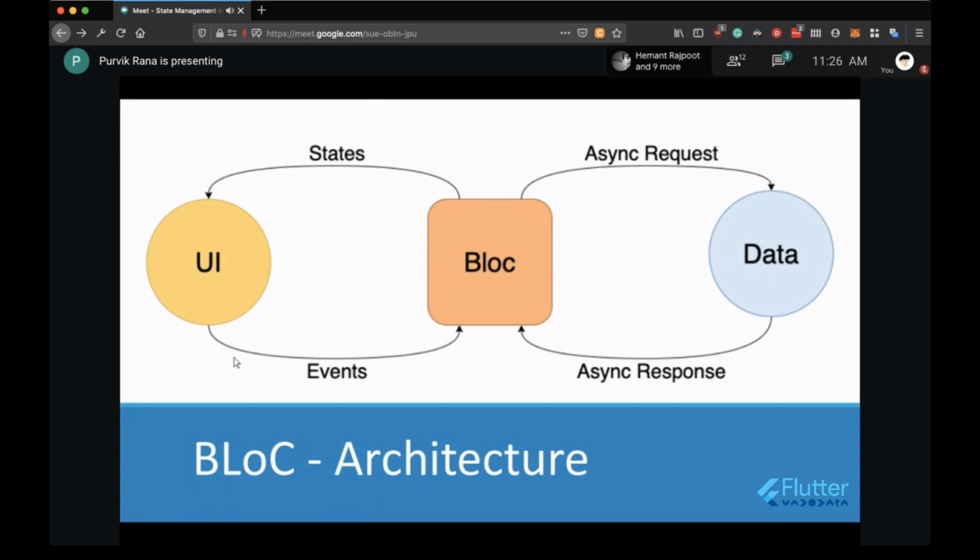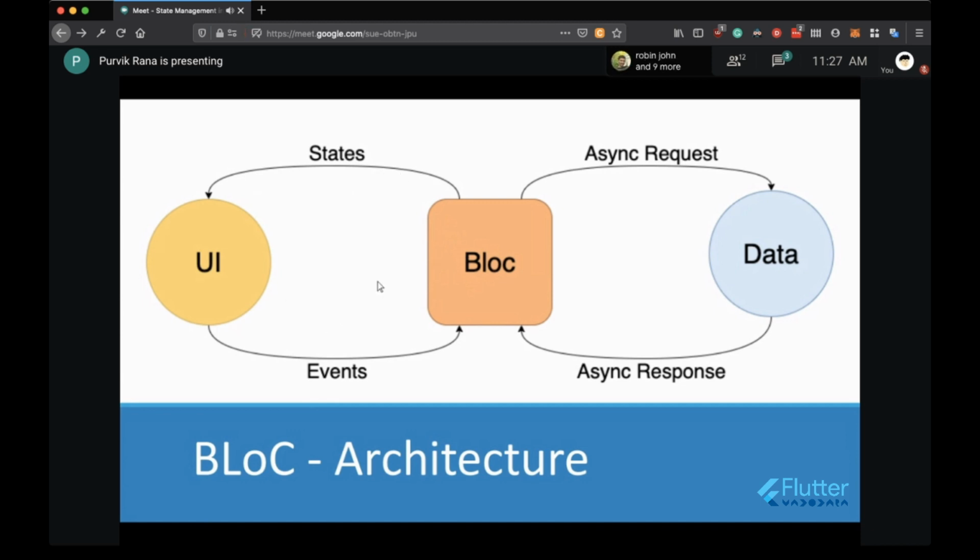Now user has clicked the button. Let's say get data event is there for an example. So user has clicked on one particular button, the get data event is called, it is passed to the block. Block has got the list of the data, and it is now again pushing the new state on the UI. Let's say data list get success is there, so that state will be passed on to the UI. So this whole passing the event to the block, processing the data, and after that passing the new state to the UI, this whole thing is called a transition.